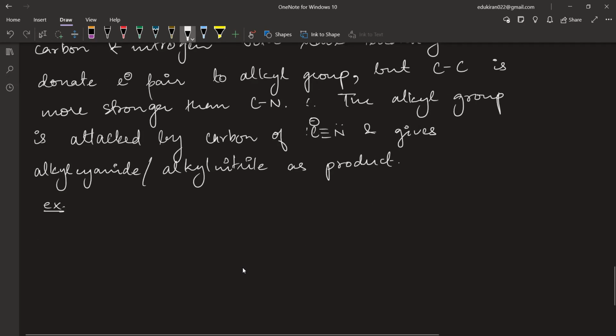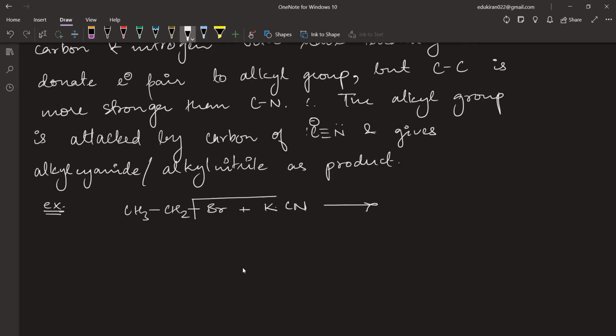So for example, you have CH3 CH2 Br. We are reacting this with KCN. Okay. So covalent bond हमने दिखा दिया, लेकिन जनरली covalent bond इसमें तो होगा नहीं. We will write it like this, KCN. What will be the product? You just need to remove this Br and K. It will form KBr, and then what? CH2 will be attached on CN. ऐसे लिख दीजिएगा, CH3 CH2 CN.